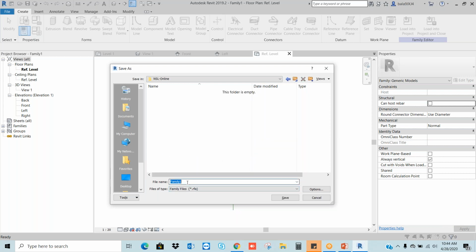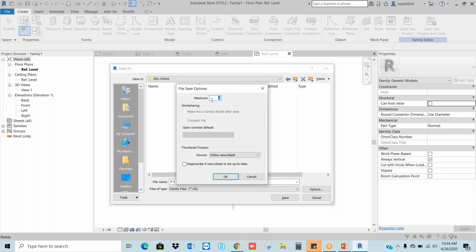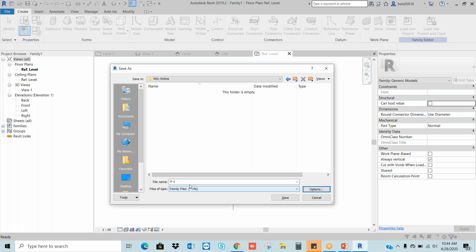Here I'm going to create the family. Let's say I give the family name as F1. Same thing, backups and all. And I am going to create the file format as .rfa. Family file format is .rfa. Just save it.